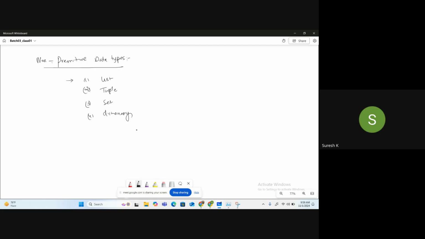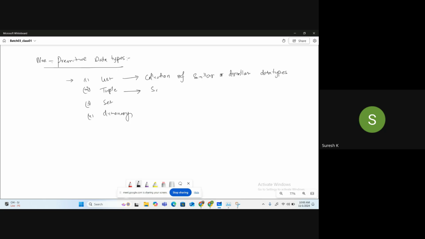List is a collection of similar or dissimilar data types.